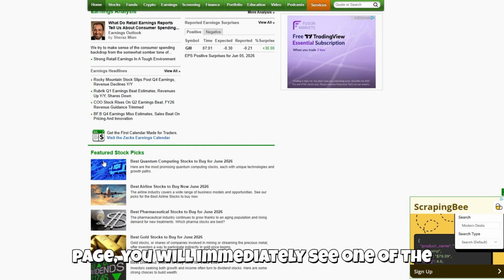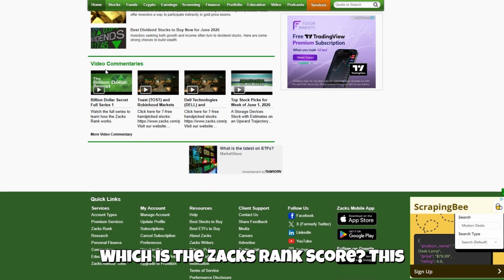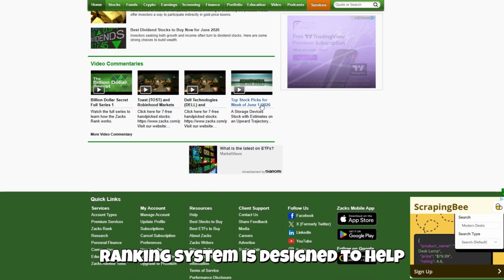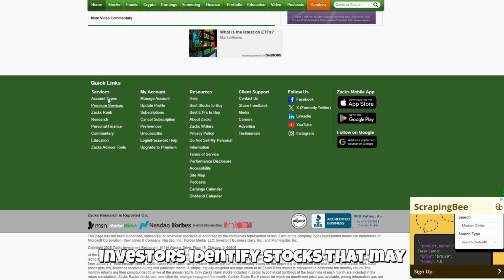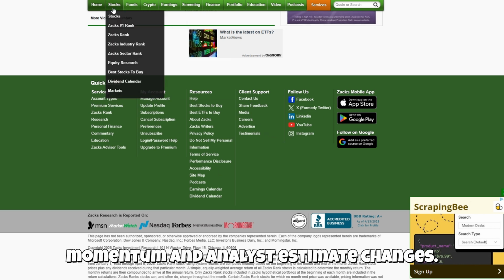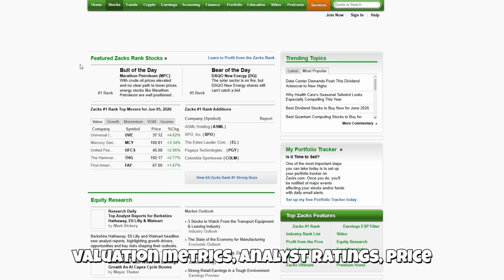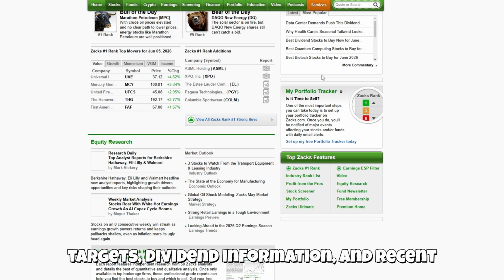After opening a stock page, you will immediately see one of the most important features on the platform, which is the Zacks Rank score. This ranking system is designed to help investors identify stocks that may outperform the market based on earnings momentum and analyst estimate changes. Below that, you can explore detailed information, including earnings growth, valuation metrics, analyst ratings, price targets, dividend information, and recent